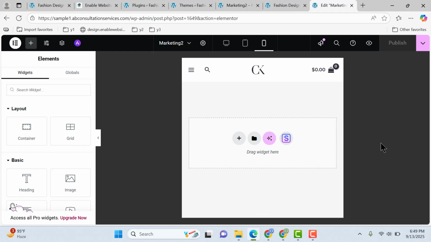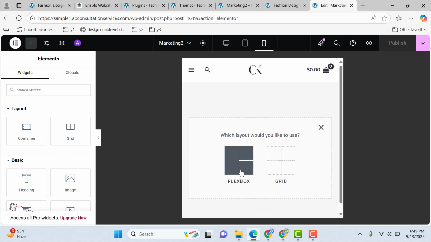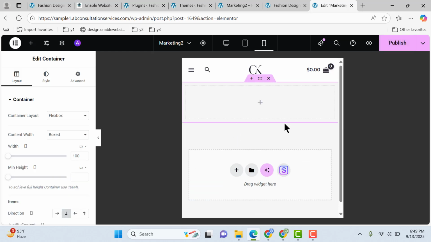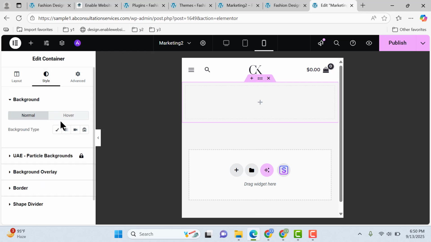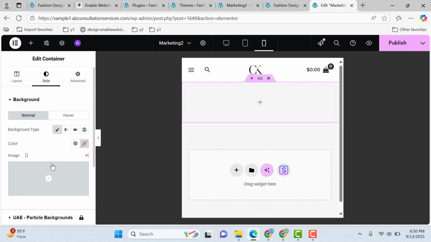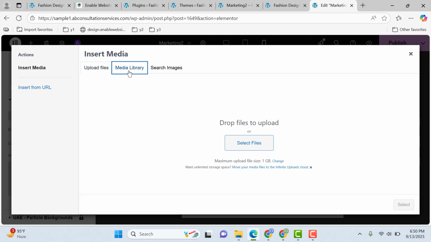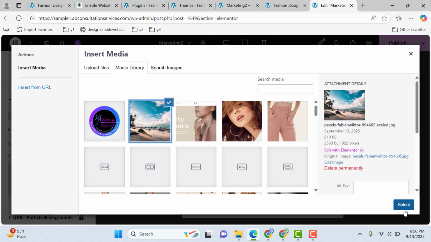and now we need to add a new container. Simply click on plus button, then add flexbox container. Now select this one. So direction should be from top to bottom. Now let me go to sections and container setting, 6 dots, then style tab, then click here classic, add background image. So you can go and select the image from your laptop. Now let me select this image